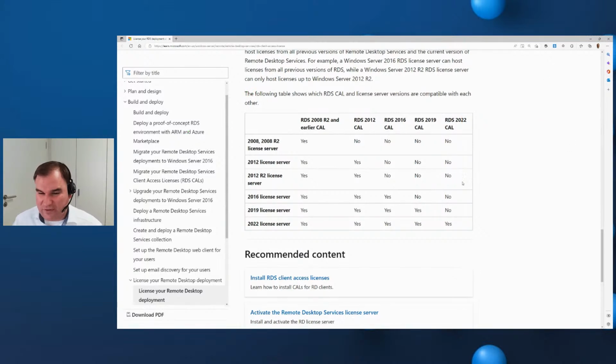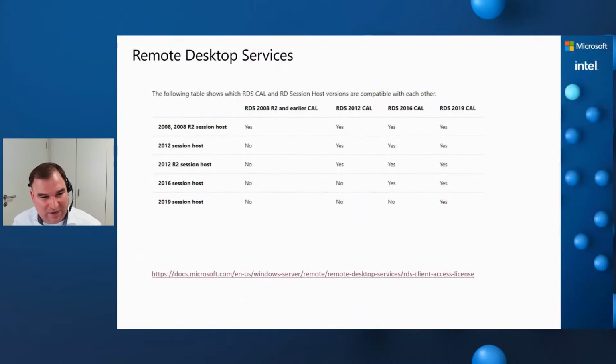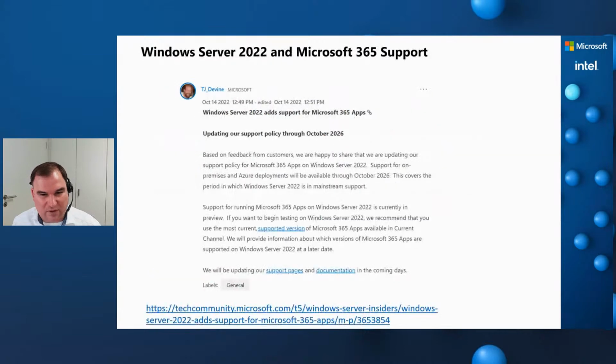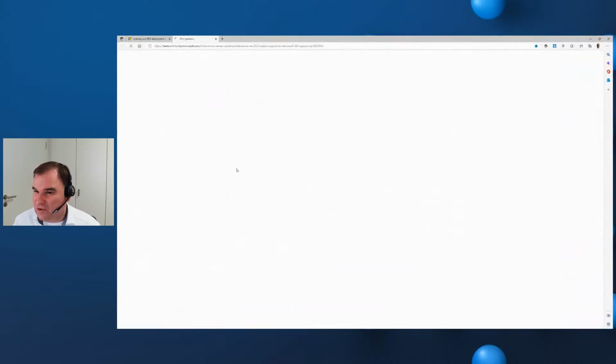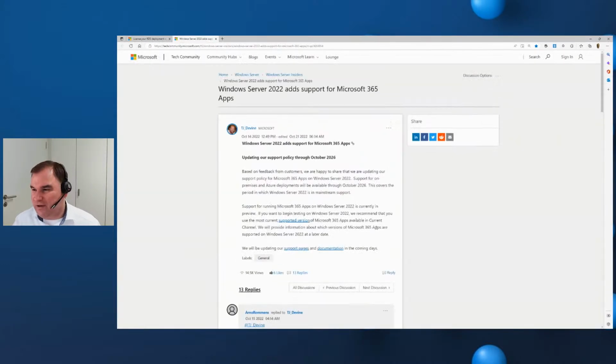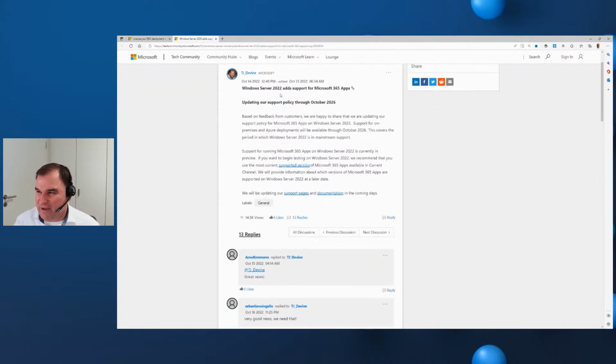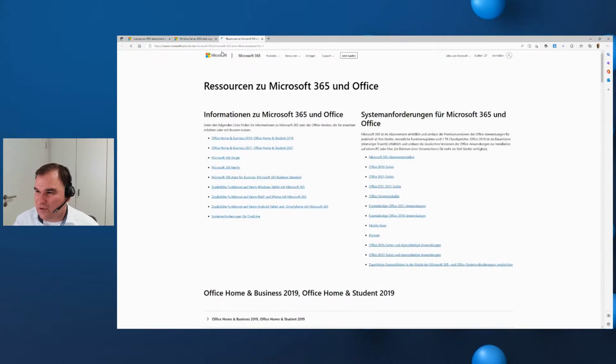So regarding the RDS, it's important to understand the Office compatibility, because the situation is here that let's also check the link with the latest information, that Microsoft will add the Microsoft 365 apps support for Windows Server 2022. When I'm going to the support page, I will see,